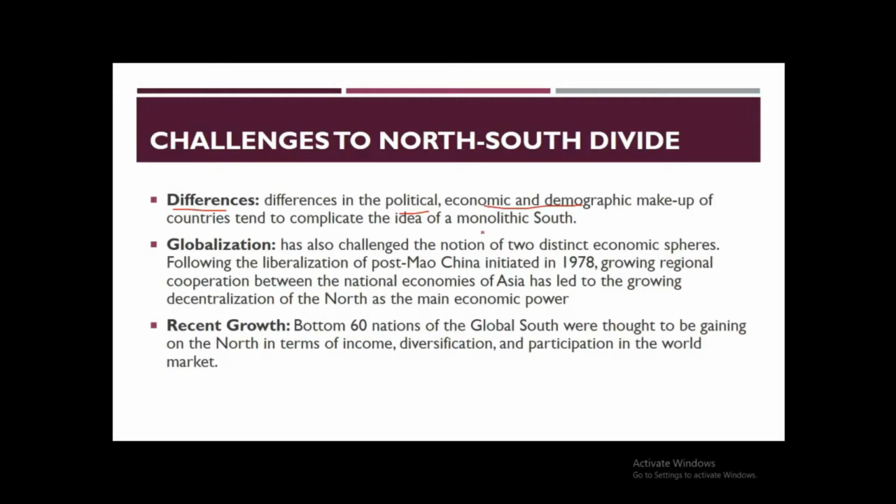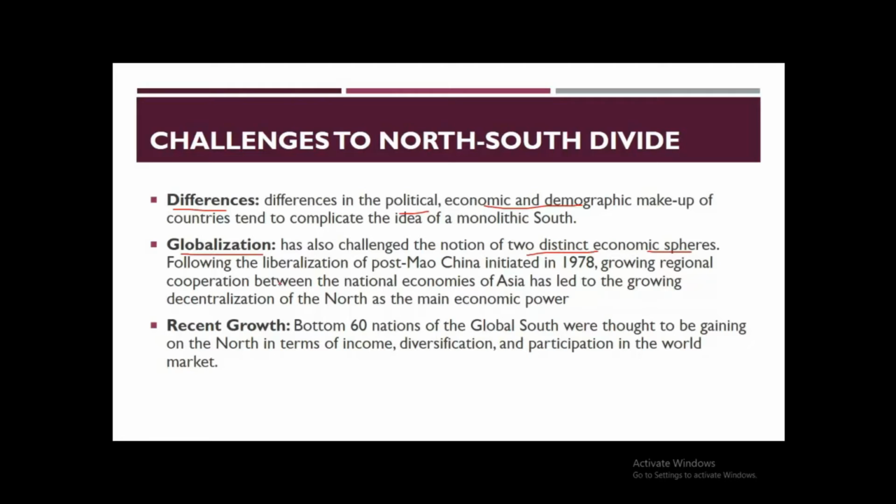As we know, the northern states treat the global south as a monolithic south, but there are significant differences between the different states. The second challenge that the North-South divide is facing is globalization. Globalization has also challenged the notion of 2 distinct economic spheres. As we know, with the countries that are growing with the passage of time, the difference between the North and South